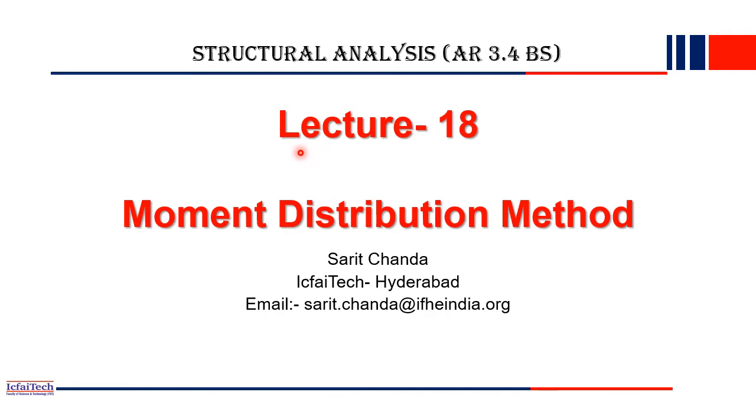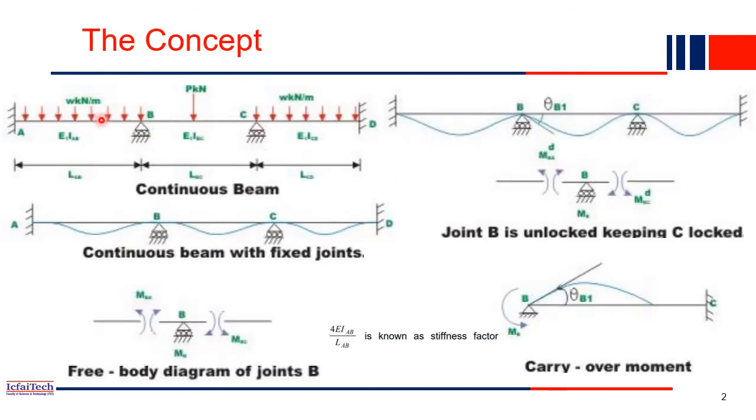So if you recall, last class we discussed the three moment equation to solve a continuous beam. A continuous beam is also an indeterminate structure, as you have seen in the last class, and using the three moment equation we solved and drew the bending moment and shear force diagrams for the indeterminate structures. So today we'll see another very popular method, that is moment distribution method, to solve the indeterminate structures. Today also we'll consider a continuous beam, because all continuous beams are basically indeterminate in structure. So let's see this.